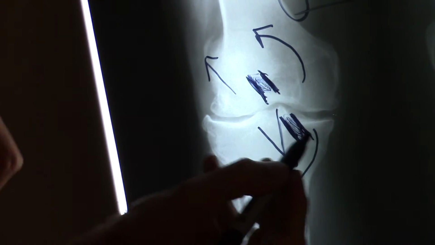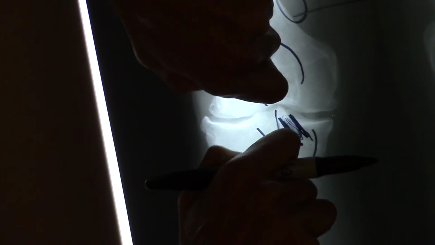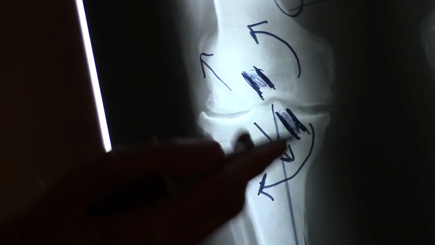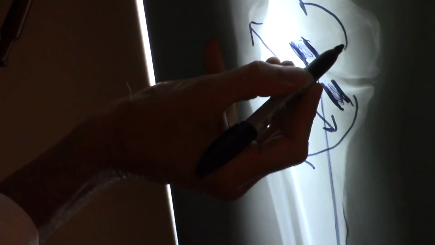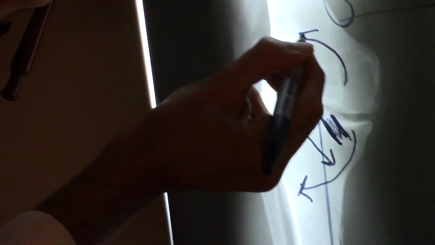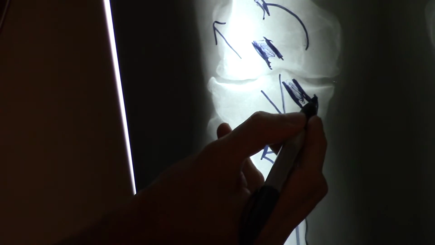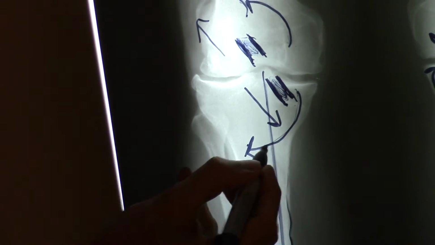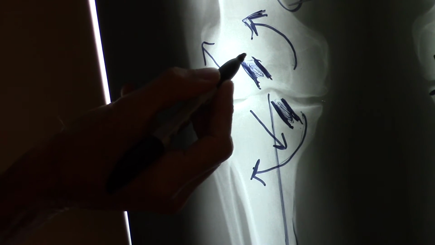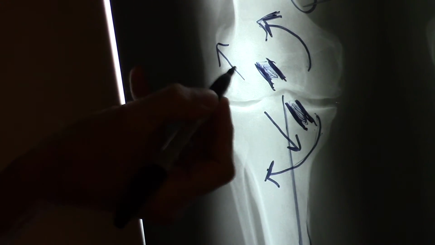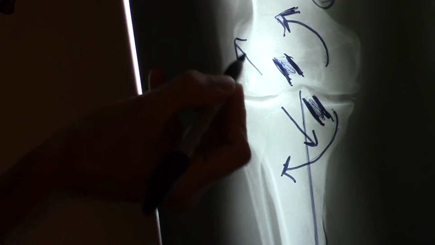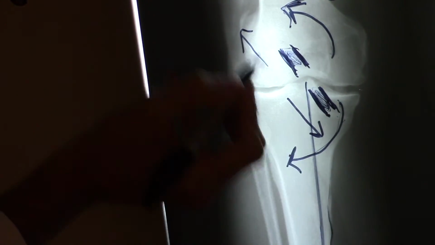When that happens, both ends of the ACL are separated from each other. The direction is this way. This is what this arrow means. This bone right here is going this way, this one's going this way. So the direction is this way, which separates both ends of the ACL. The upper end of the ACL goes out, and then this one goes this way, diagonally. So the ACL gets stretched